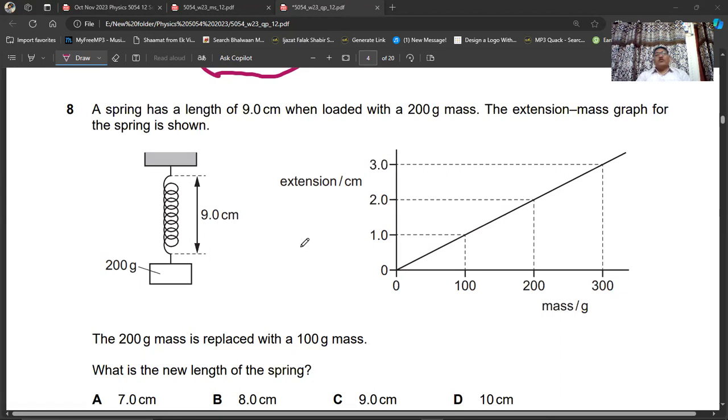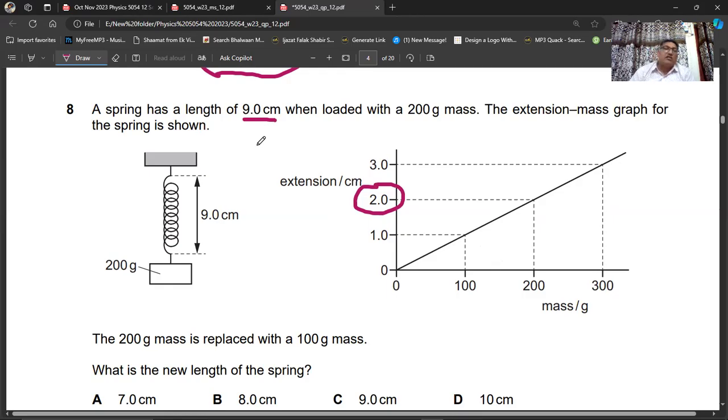Okay. So you see, here we have the extension, and when there is 200 gram, the extension will basically become, you see, at 200, what is the extension? The extension is 2 centimeters. What is the length here? 9 centimeters. So from 9 centimeters, you subtract the extension,